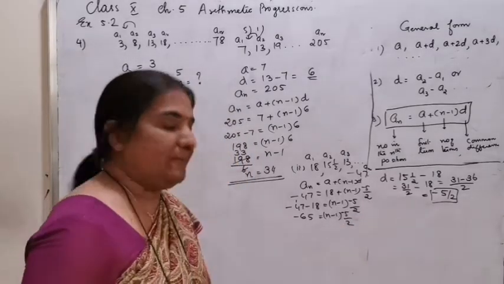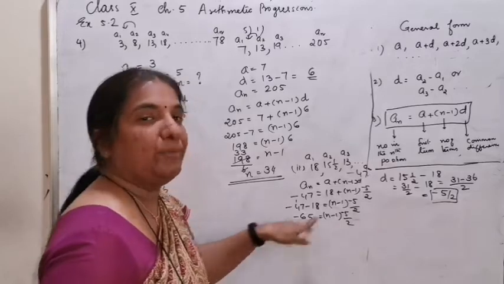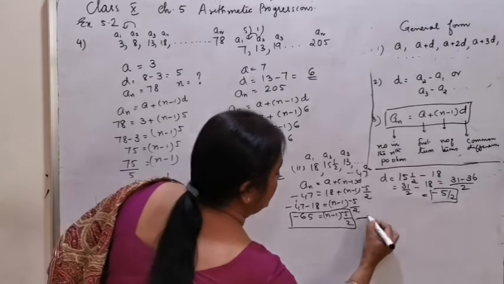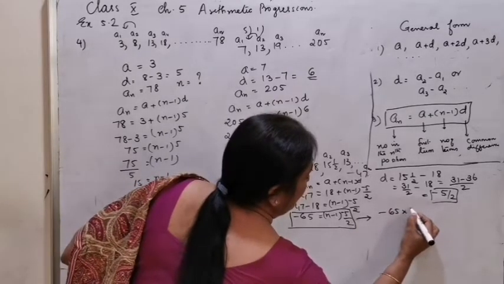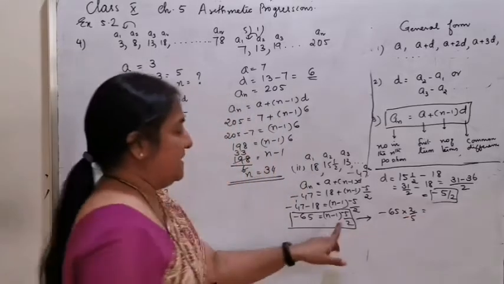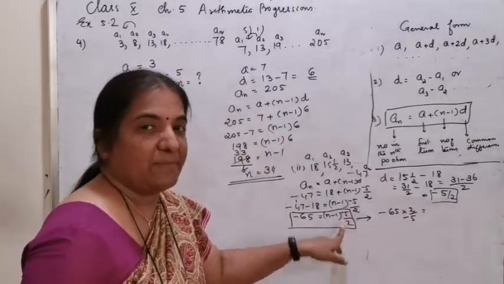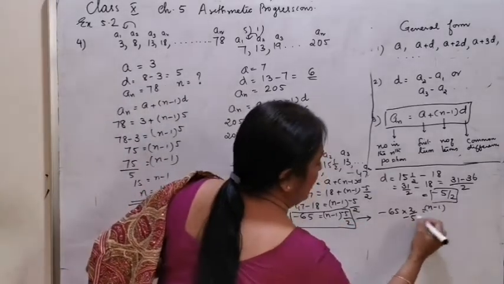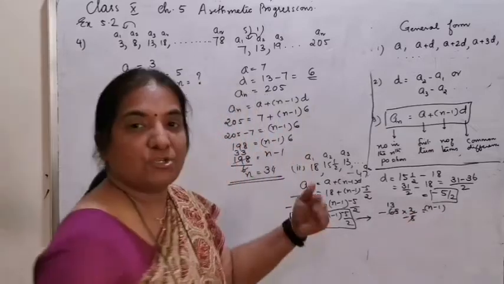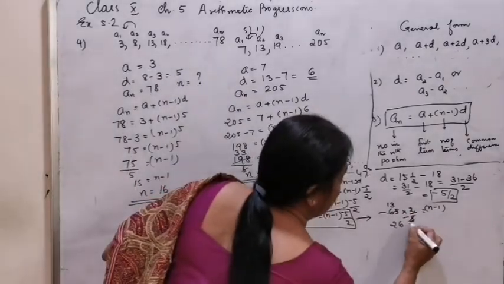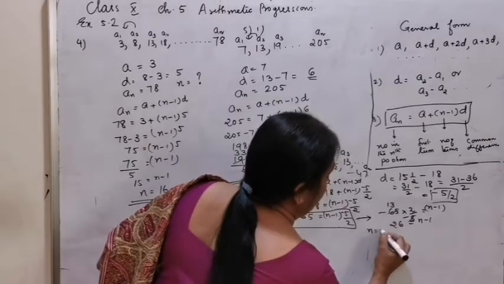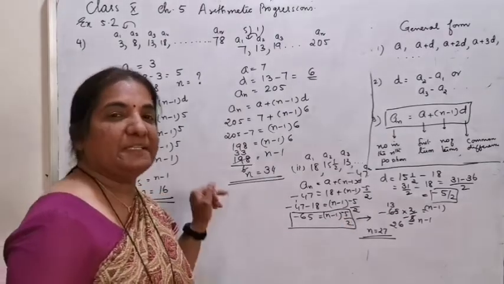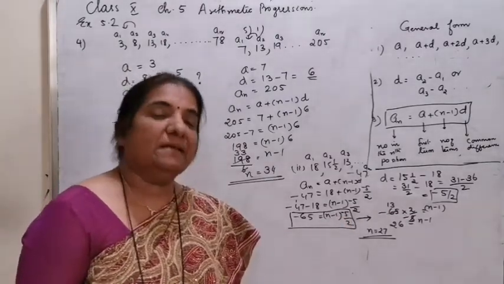The easy calculation will be, the method is, divide by 5 by 2 means it's multiplied by the reciprocal. So from this step, just follow the instruction as minus 65 into 2 by minus 5. That means dividing by minus 5 by 2 is the same as multiplying by minus 2 by 5, equal to N minus 1. It is 26. Negative also gets cancelled. So 26 is equal to N minus 1, or there are 27 terms. So when a fraction comes here, the division will be taken as multiplication, multiplied by the reciprocal.